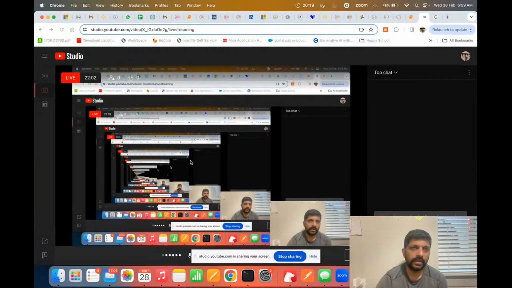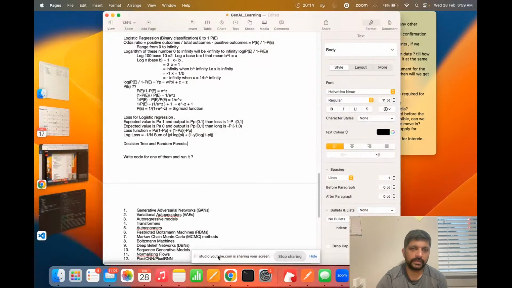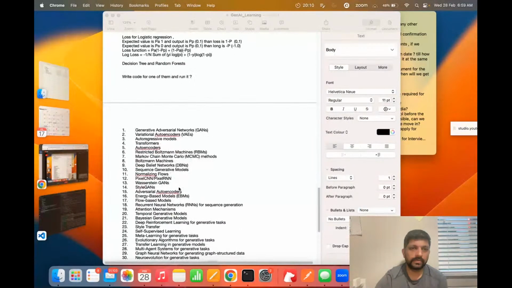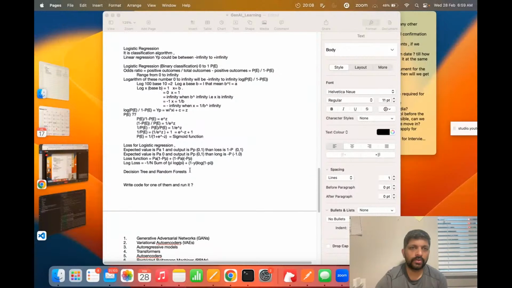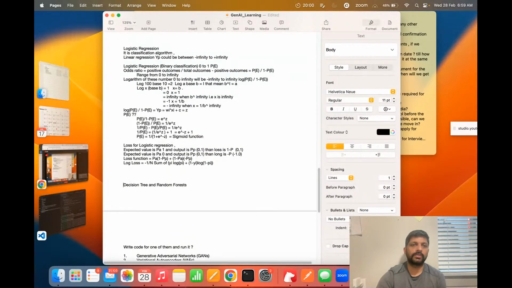Let's ask ChatGPT what a decision tree is, how they are formed, and all that, so that we understand much better. So today we will go through decision trees and random forest. I'll take this to a new page so that